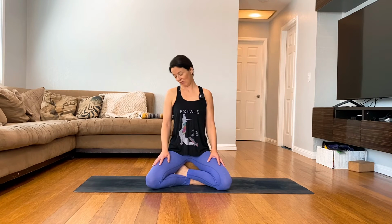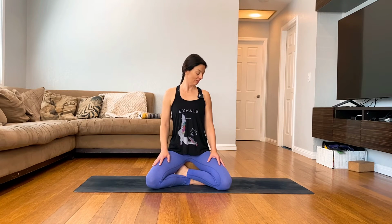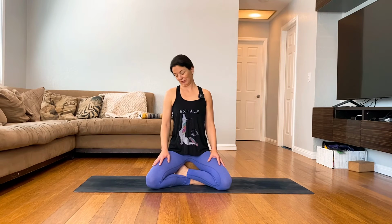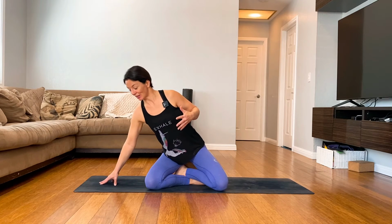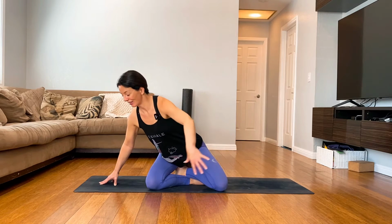One more time. Keep sitting up nice and tall. Change direction. And come to center. I want you to lean over onto your right side, because this is a transition, and that's a difficult area for us. So lean over to the side, keep your spine nice and straight, and then